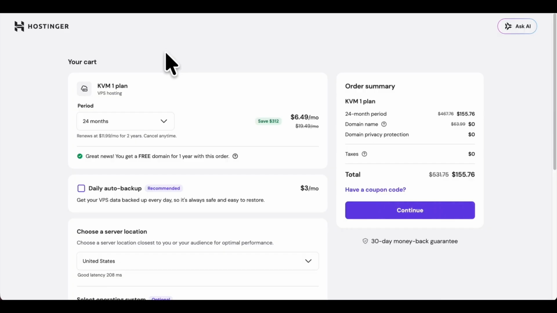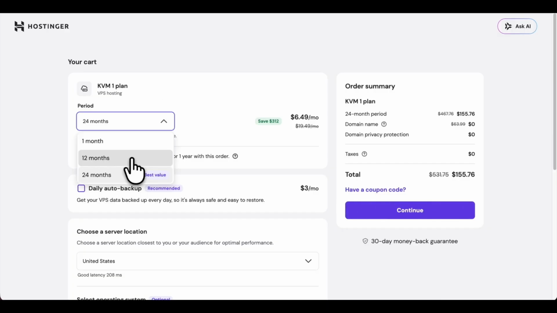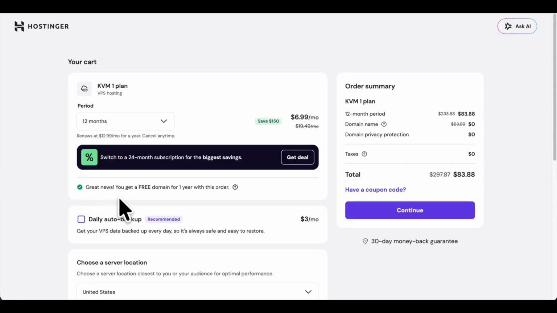In this next section is where we can choose our billing period. Then I suggest picking the 12-month option because with it, you still get a free